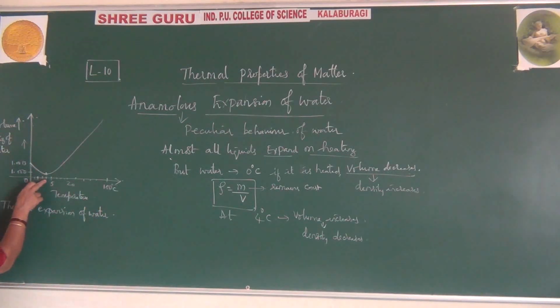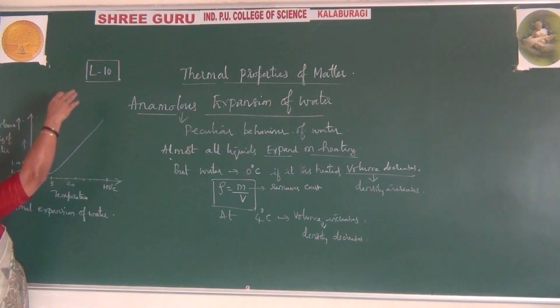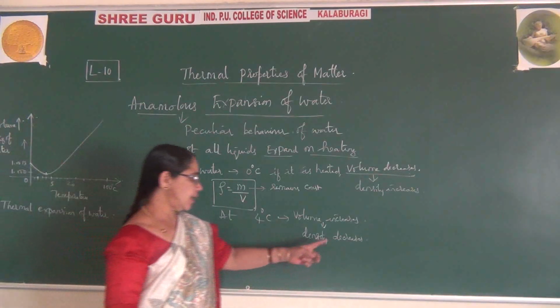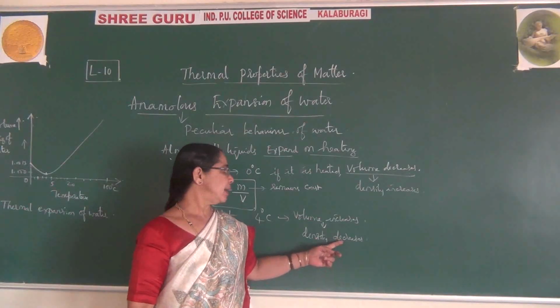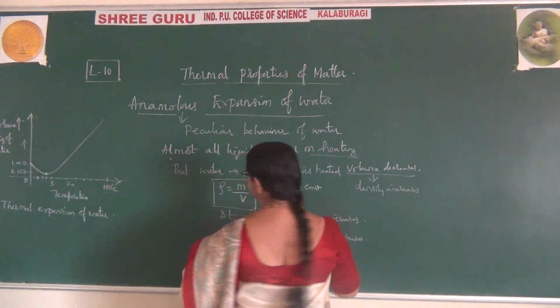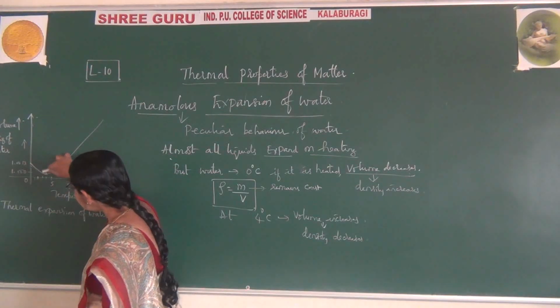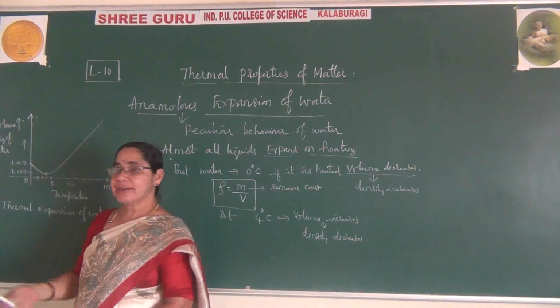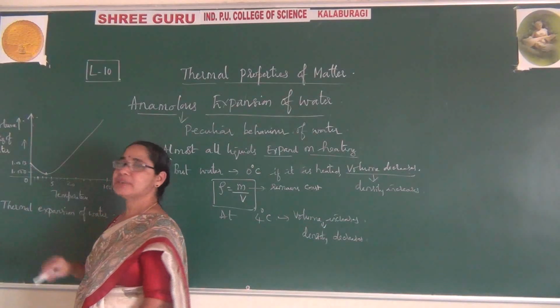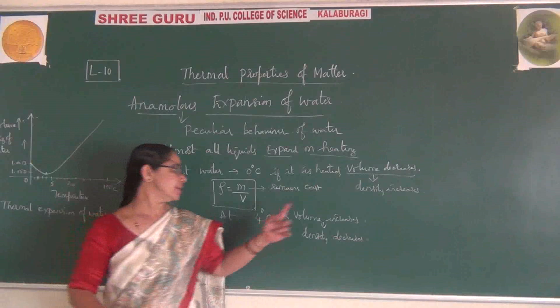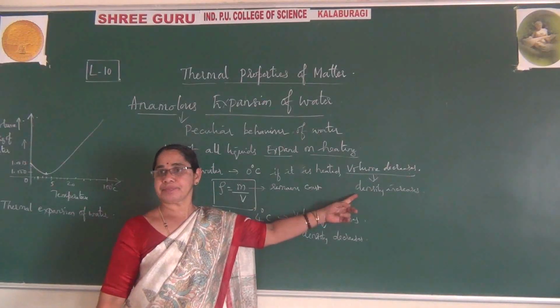So here at 4 degrees centigrade it decreases. But as you increase the temperature, naturally volume increases. When volume increases, naturally density decreases. But remember, from here to here volume decreases, so naturally at this position density increases. This is the one graph you can observe here. But as the volume increases, density decreases. This concept you have to remember.